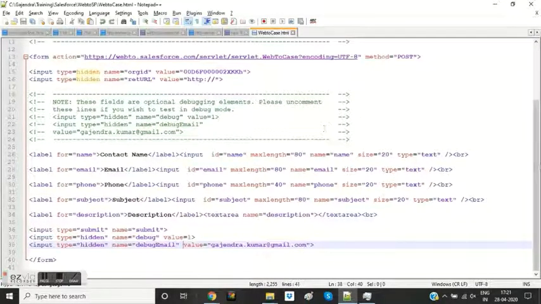Before we move it forward, if you notice here, there is an input tag called org ID. This org ID is nothing but the organization ID of the Salesforce application which we are using.